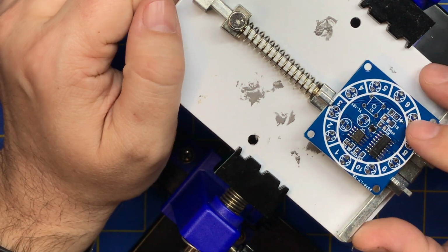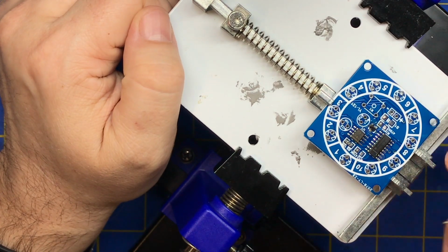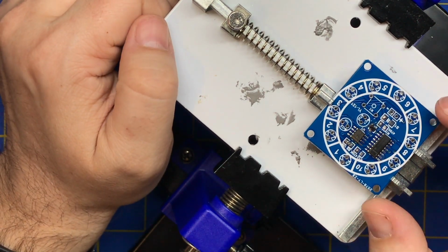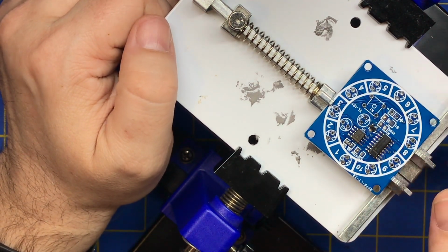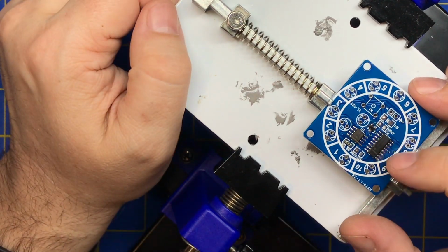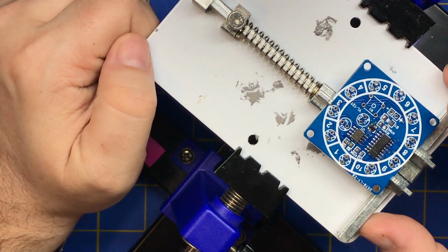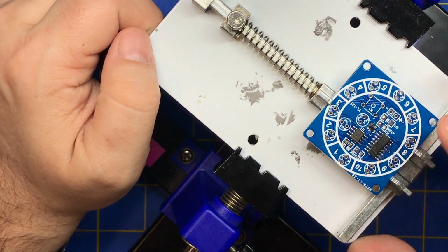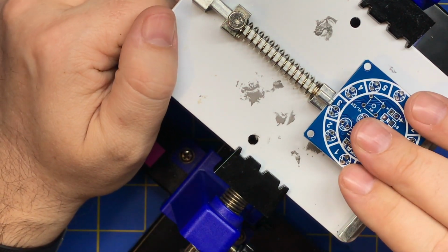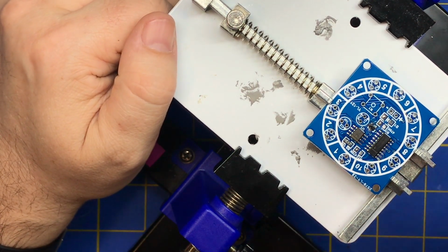Especially these cheap Chinese boards. These are made for pennies. These aren't like commercial PCBs. Sometimes these are very cheap, and any bit of heat on that pad will cause the whole pad to rip up, and then you can't do anything. You'd have to repair it, which is not very easy for a beginner. With that, you might even need a microscope. So just calm down, relax, let it cool down to room temperature,